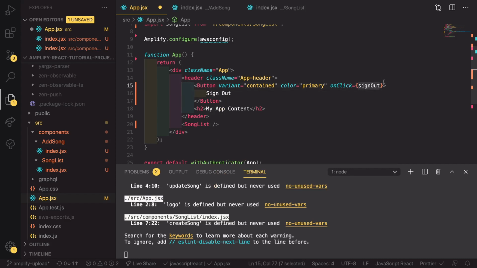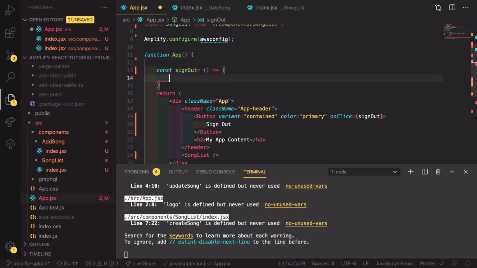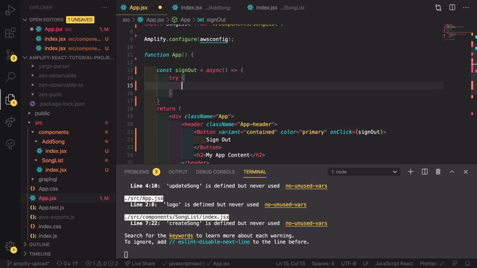And we now need to create this signOut function. So const signOut equals an arrow function. And this is going to be an async function, so we can put async there. In this function, we're probably going to use a try catch because that is an easy way of handling errors. So try, and then we're going to await